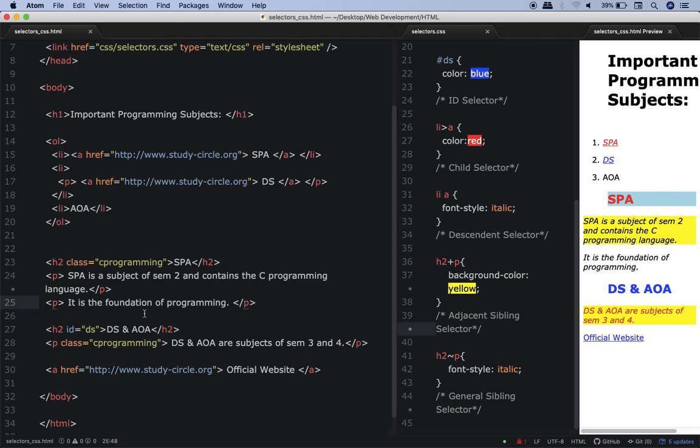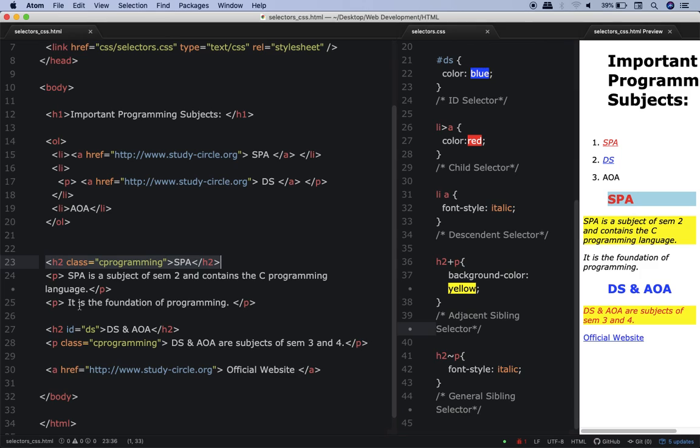See, quite simple. This p element comes immediately after this h2. So I will say that this p element is the adjacent sibling of this h2. Similarly, this p element comes after this h2, so I will say this is also an adjacent sibling of h2. Now this p element also comes after h2, but remember one thing, it is not immediately after this h2.